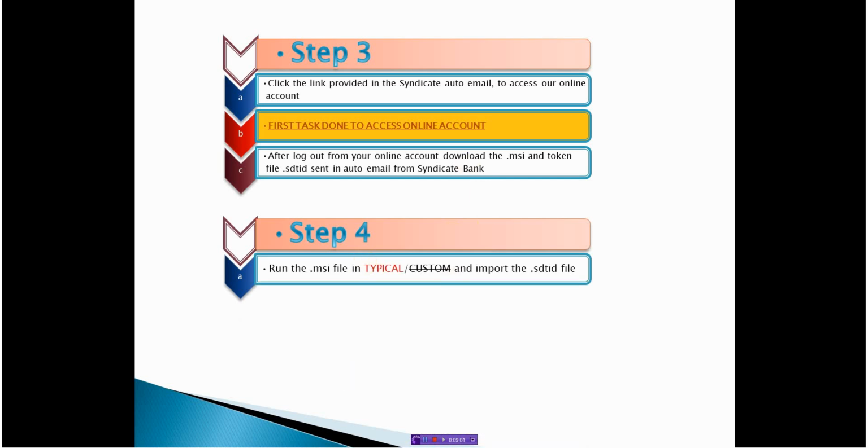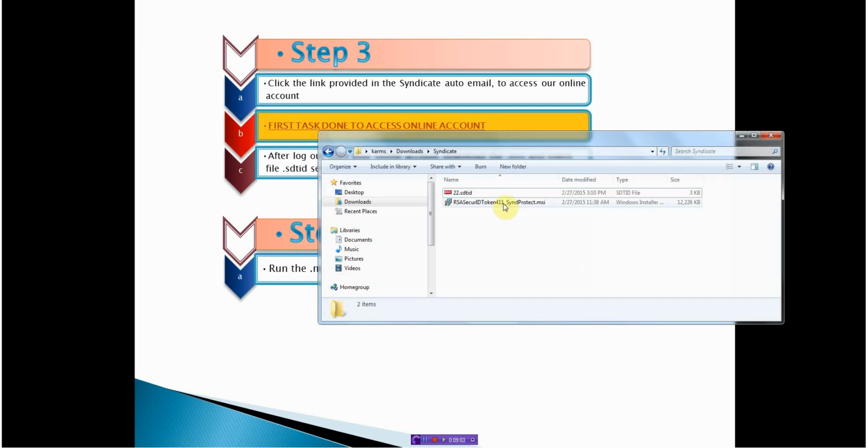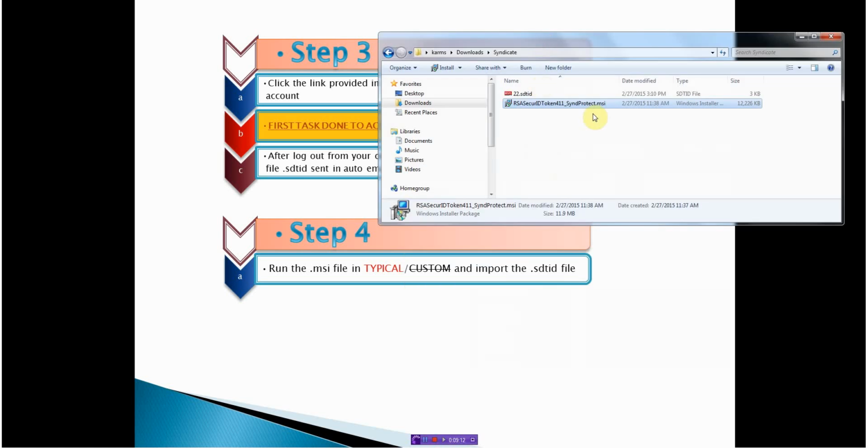In this step we will run this MSI file. Once you run it, during the installation phase, you will see an option like typical or custom. All you need to do is use the typical one. Once it is installed, somewhere in the middle,